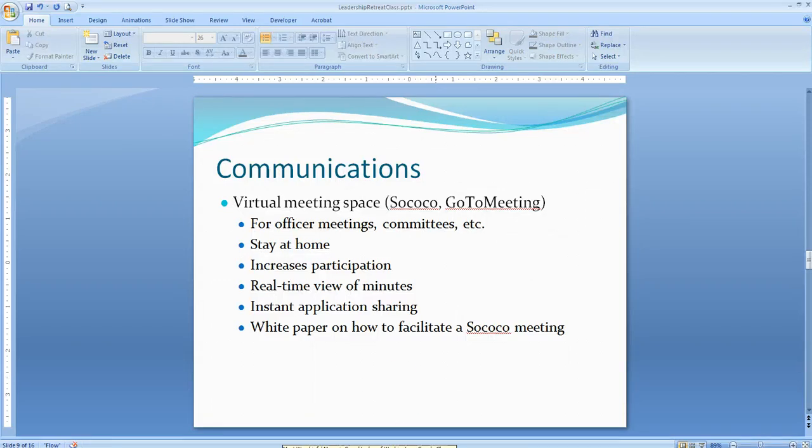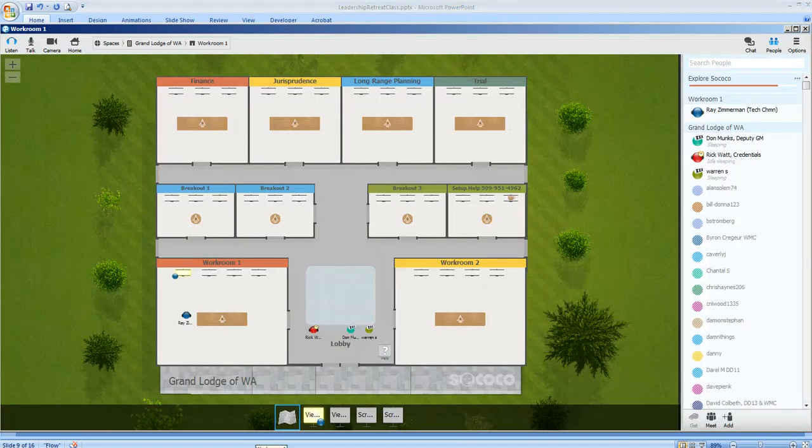that, let's see. Oops. Yeah, there it is. This is the Grand Lodge website Sakoko page, and it looks like a regular office floor plan. And actually, some of the committees have their own rooms. But you start out in the lobby,